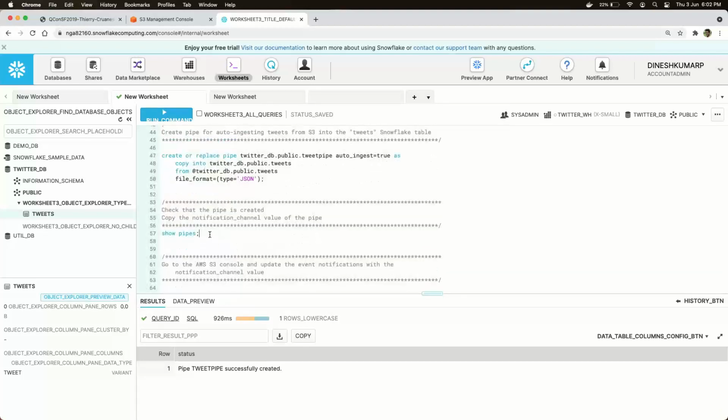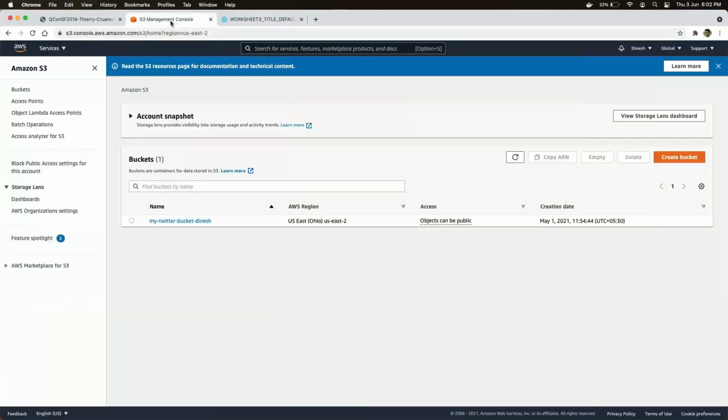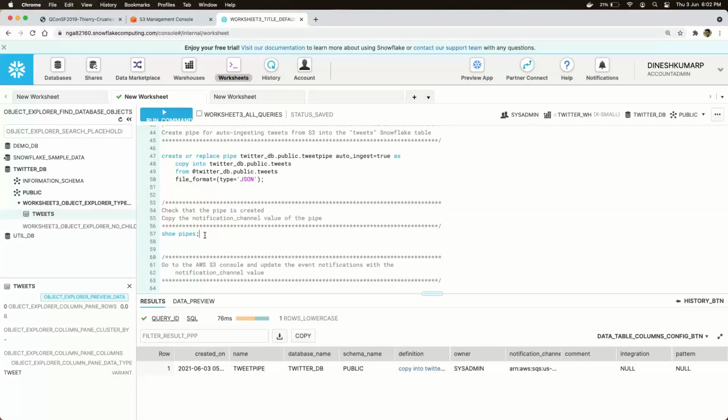Yes, the pipe is created, and let me just check whether the pipe is present. Yes, I have the pipe. So at this point, let me quickly jump on to my S3 bucket, and I need to do a small step. So I have a pipe, but I need to